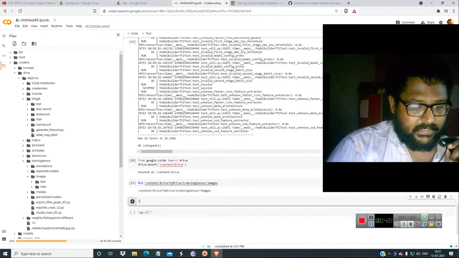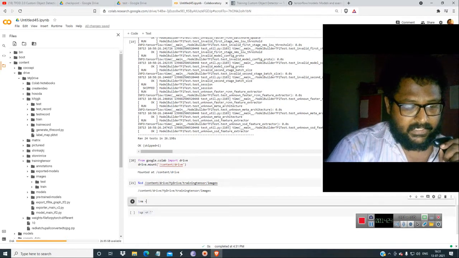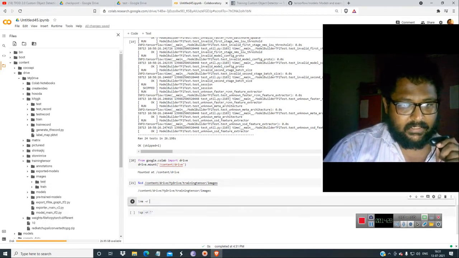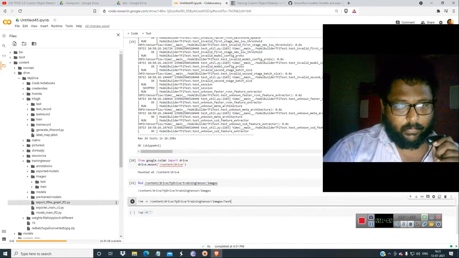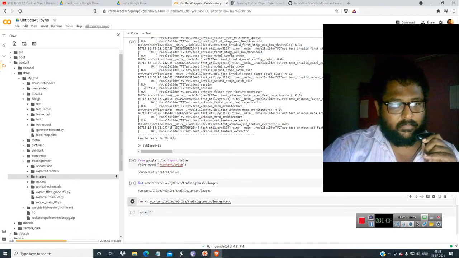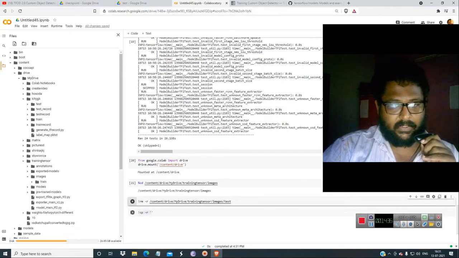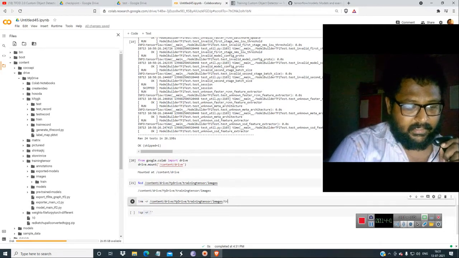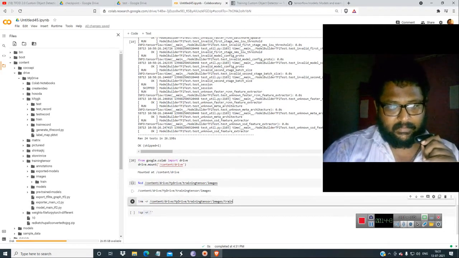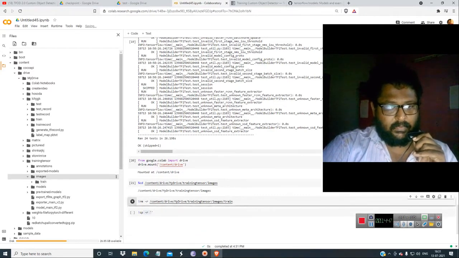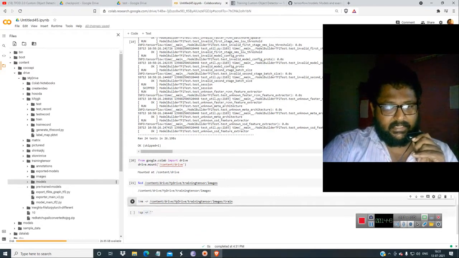It is exclamation rm minus r, and give test. You have to remove the folders. First remove the test folder. Now the folder will not be available over here, it has gone. Then the next one will be train. Now train will not be there.